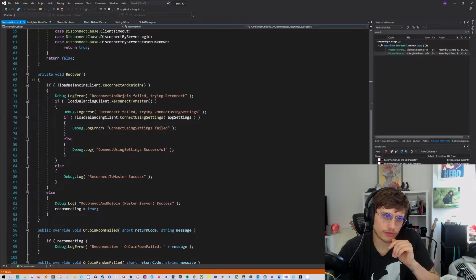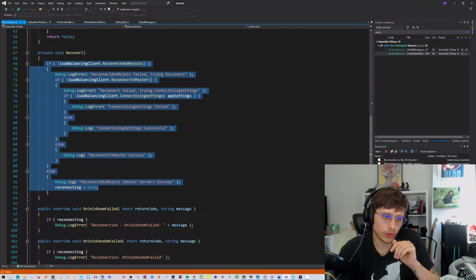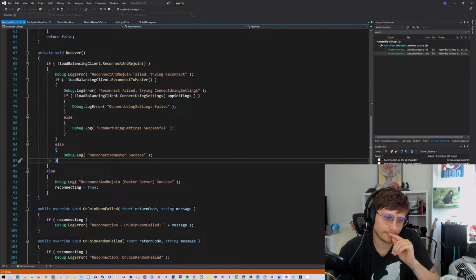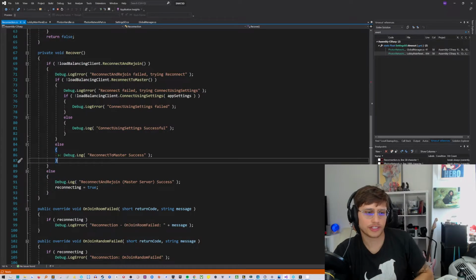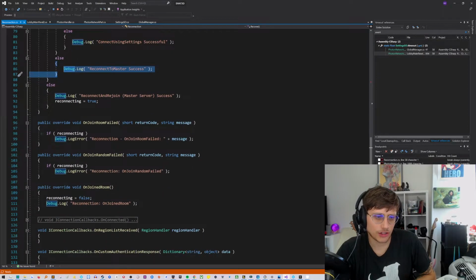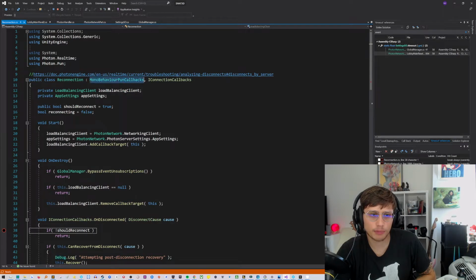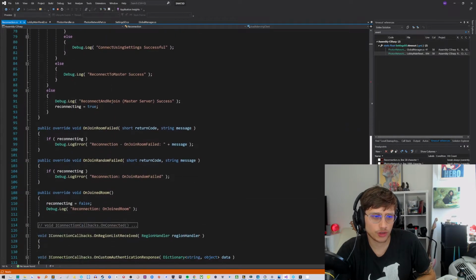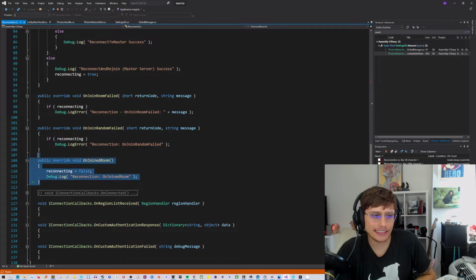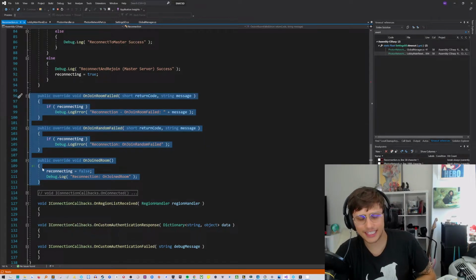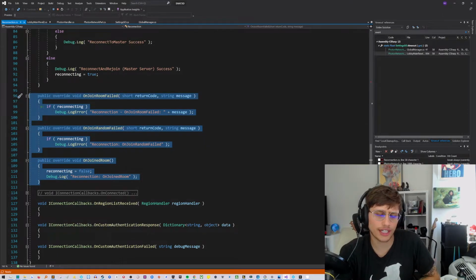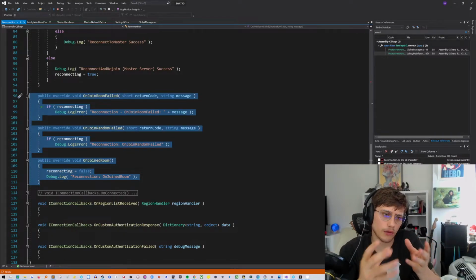So here's the recover. Basically, it's exactly how it was before. I just added a bunch of success statements here. The reason why I subscribe mainly to MonoBehaviourPunCallbacks was so that I could override these methods, and I think these methods are actually very important to override in order to get the full picture of what's going on,